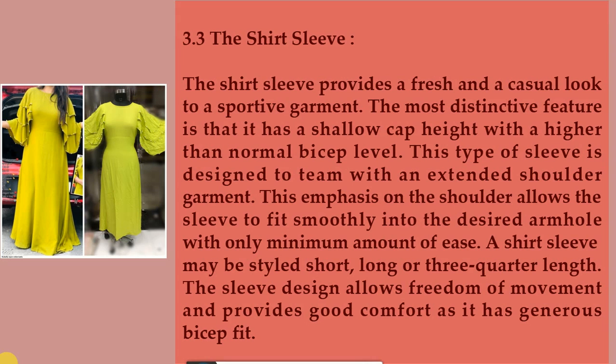3.3 The shirt sleeve. The shirt sleeve provides a fresh and casual look to a sportive garment. The most distinctive feature is that it has a shallow cap height with a higher than normal bicep level. This type of sleeve is designed to team with an extended shoulder garment. This emphasis on the shoulder allows the sleeve to fit smoothly into the desired armhole with only a minimum amount of